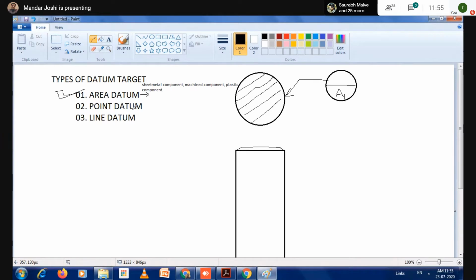The meaning of point datum we will discuss in the next class. If you don't write the diameter symbol here, then this same symbol is considered a point datum. And if it is an area datum, it is compulsory to write the diameter symbol and give the diameter of your pin. This 20 means the diameter of this pin is 20.